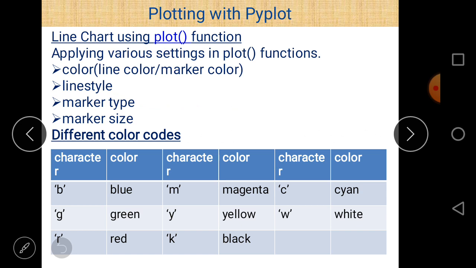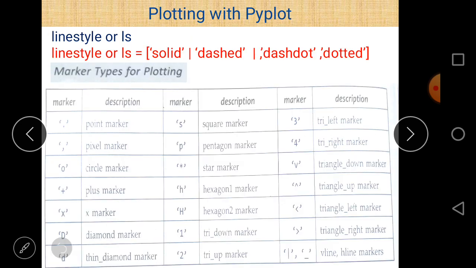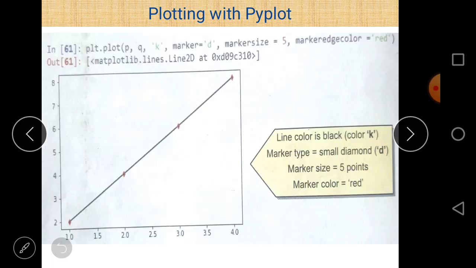If you don't want to use matplotlib.pyplot again and again, just write an alternative name for that, and the alternative name is plt. You can use any alternative name. In this case, we use plt as the alternative name for the matplotlib.pyplot library.